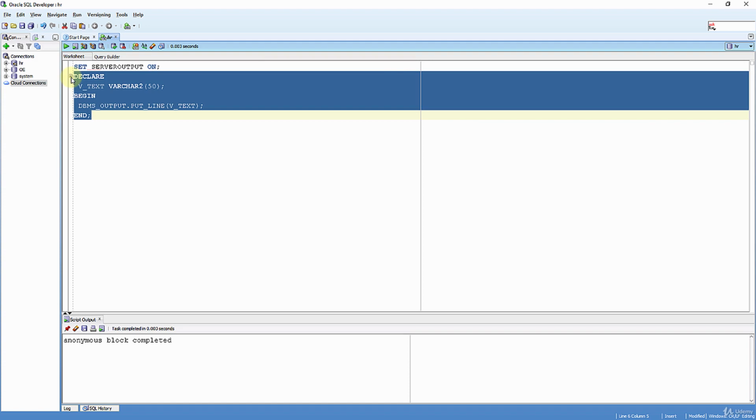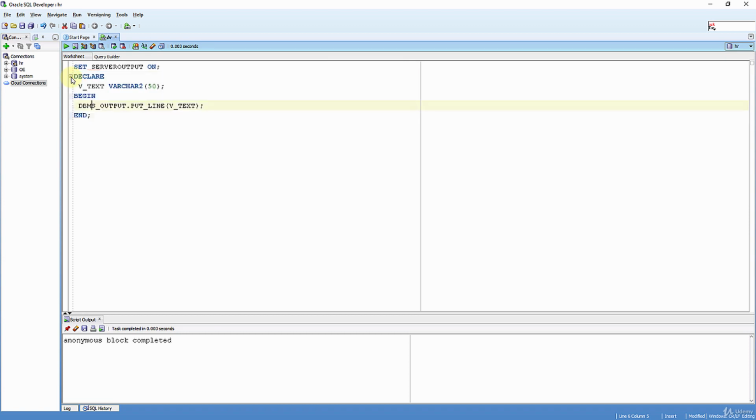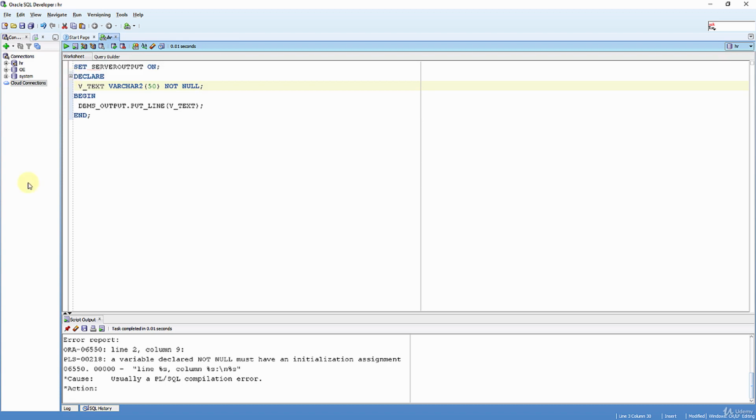First, let's write not null for our text after varchar2. Now let's run it again. As we can see, it says you need to have an initialization value for this variable. So now let's assign a default value for our variable. Let's write default